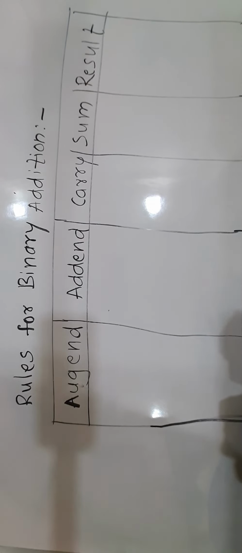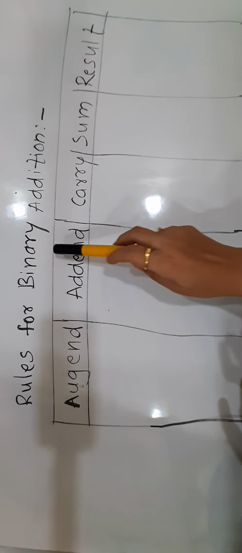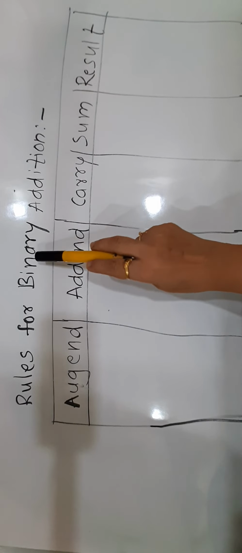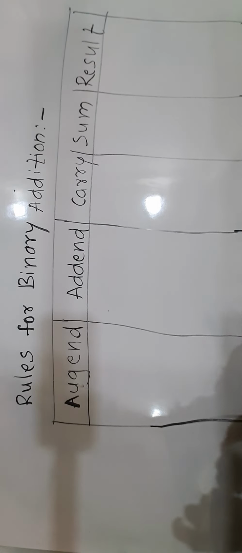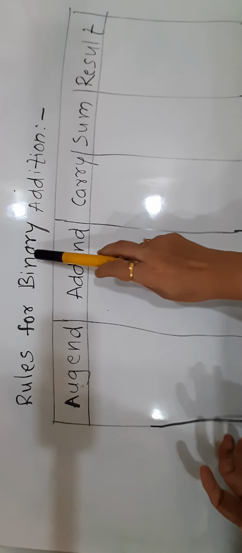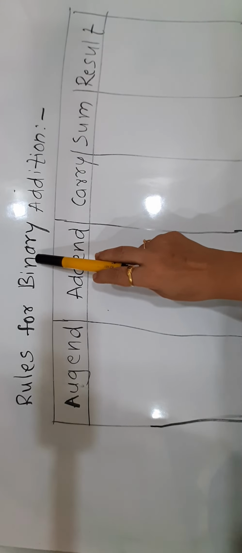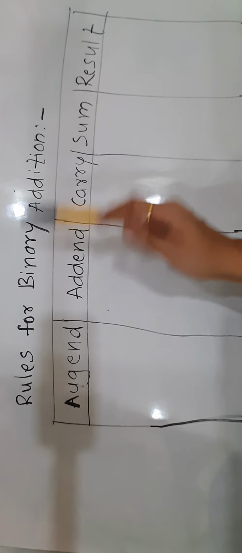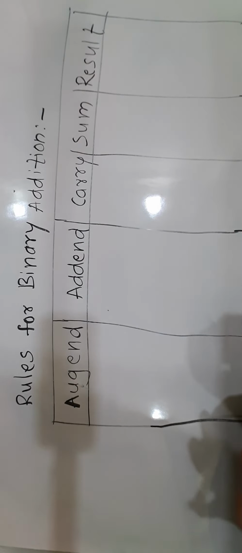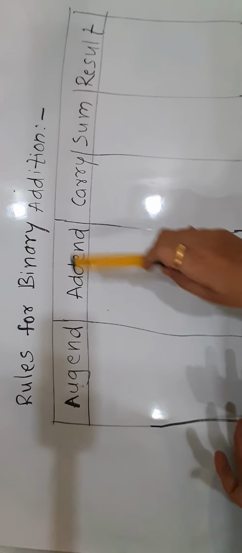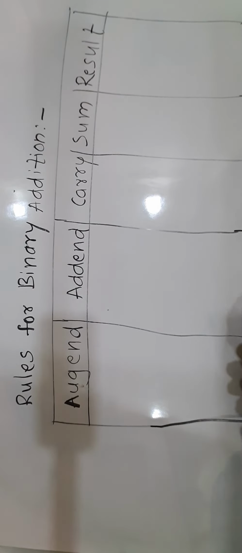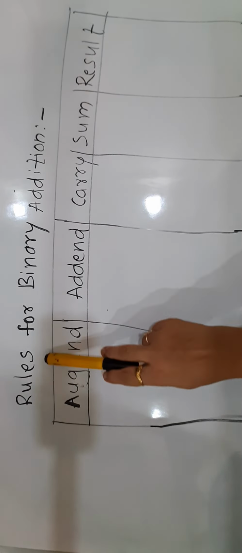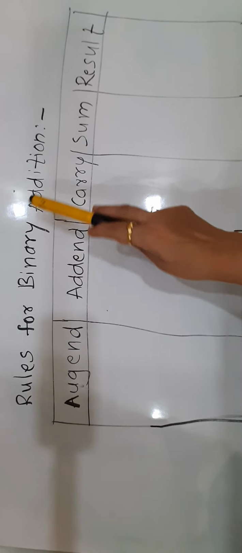Digital circuits are designed in such a way that they understand only binary language. Okay, so what does binary language mean? How many codes are there in binary language? There are only two codes, 0 and 1. So from now onwards we will see all operations regarding binary numbers. First, let's see the rules for binary addition.